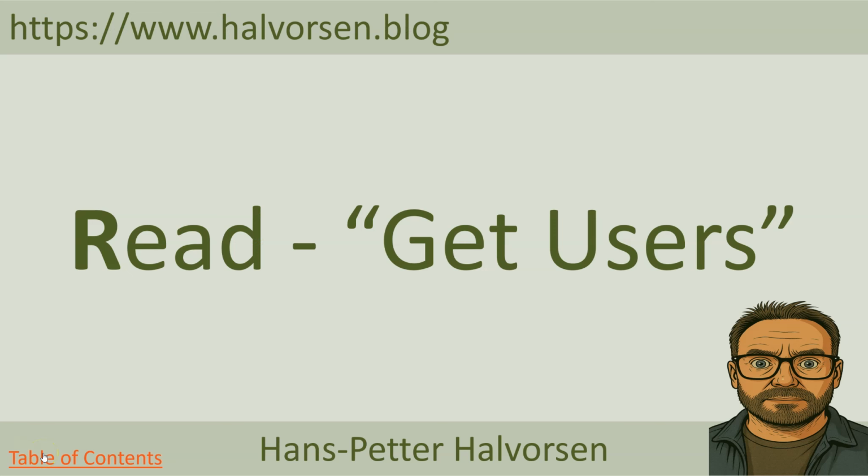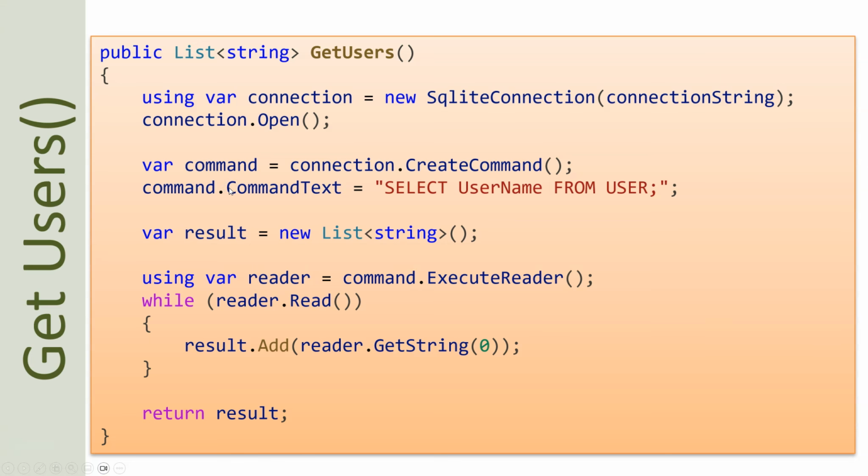So far we have been able to create or insert data into the SQLite database, and the next step is to be able to retrieve or read some data from the database. So let's go to this read part of the CRUD operation. Then the first thing we need to do is to create a method called getUser or something in order to be able to retrieve a list of users that are stored in the database. So basically select username from user and just retrieve all these usernames that are stored in the database into a